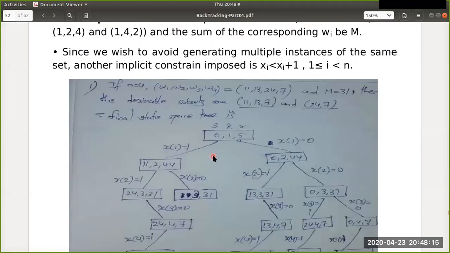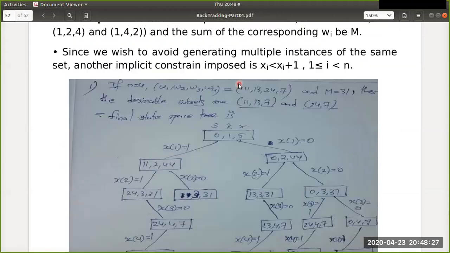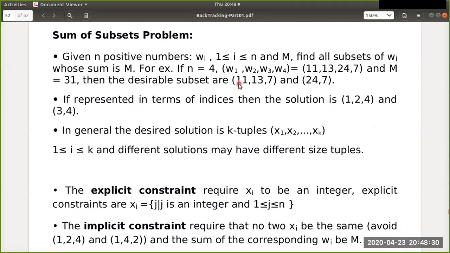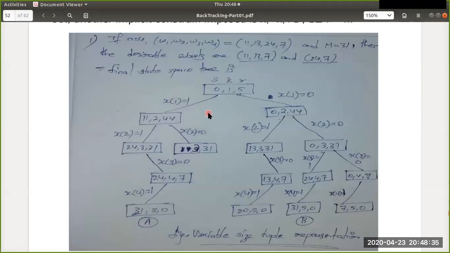Next, this is the state space tree construction by using algorithm tracing. I constructed the state space tree for the first problem shown. So this is the state space tree, which represents the two solutions, A and B. I will explain it after another important example.